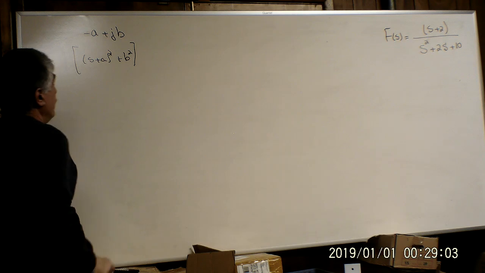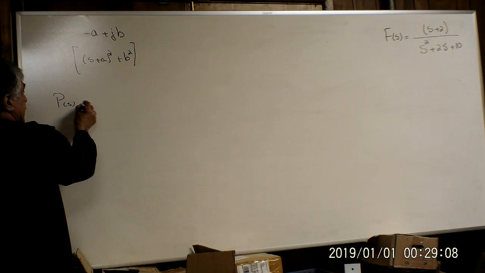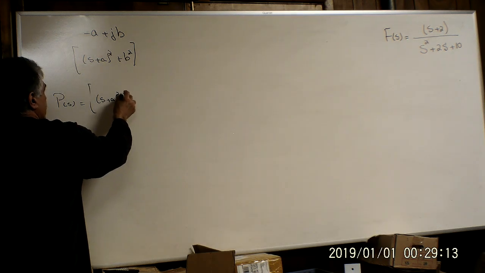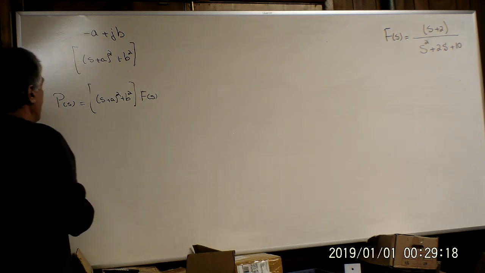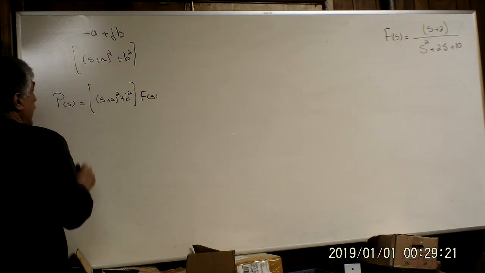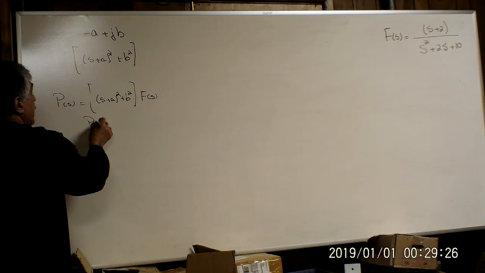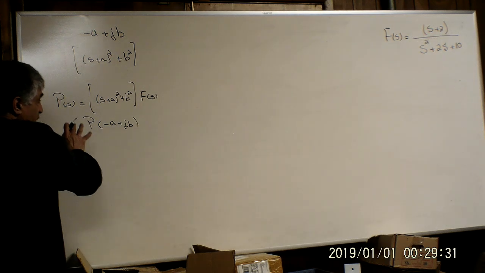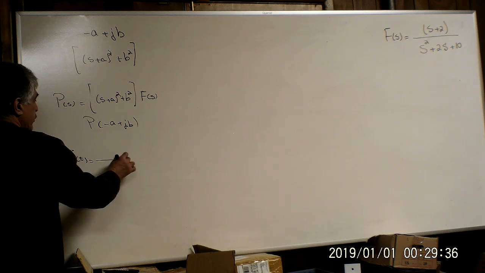Once we do that, we have to find the P(s) in this relationship: (s plus a) squared plus b squared, multiplied by F(s). Then we can find P(minus a plus jb). And when we find that value, our original function will be equal to the magnitude of P(minus a plus jb)